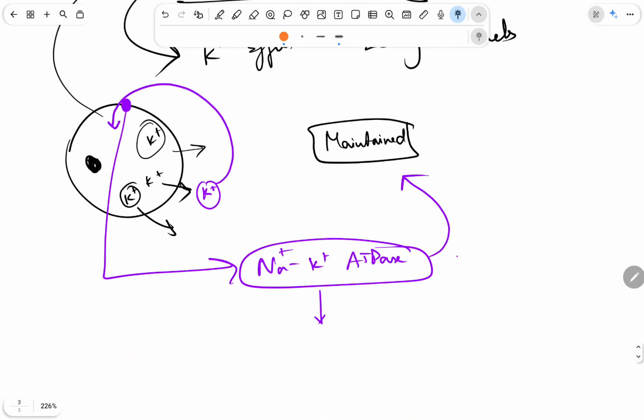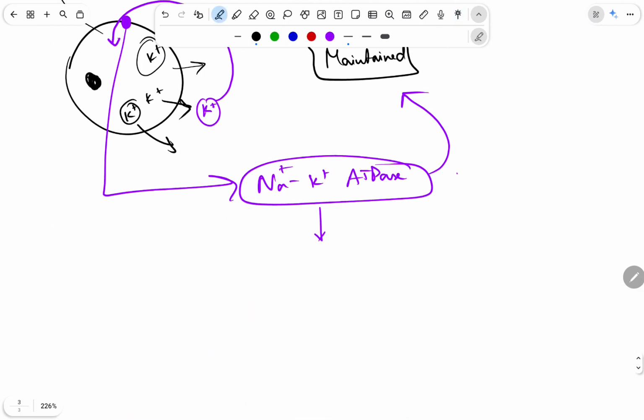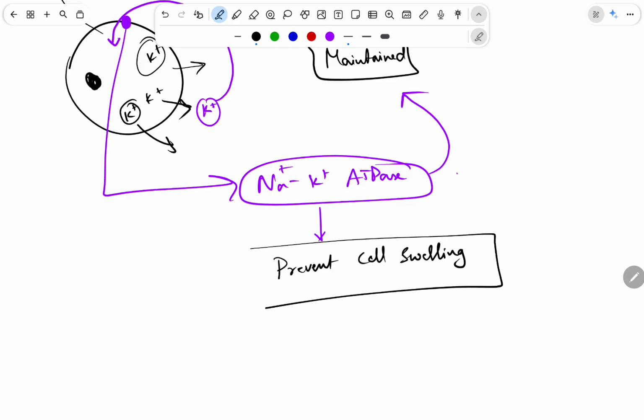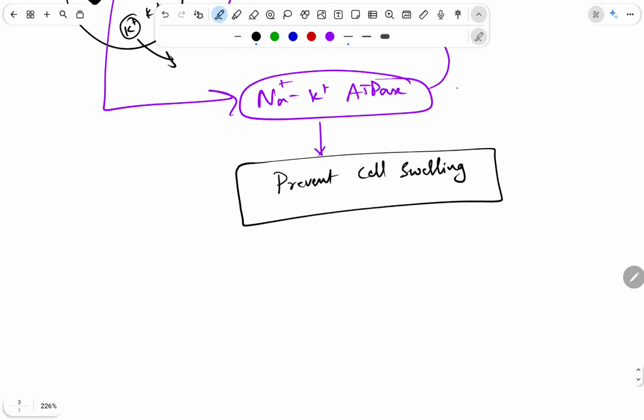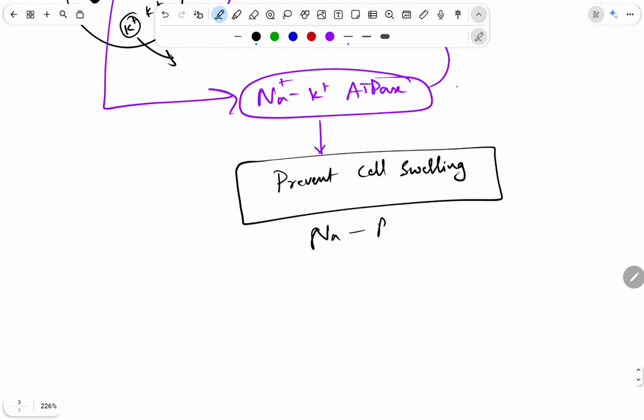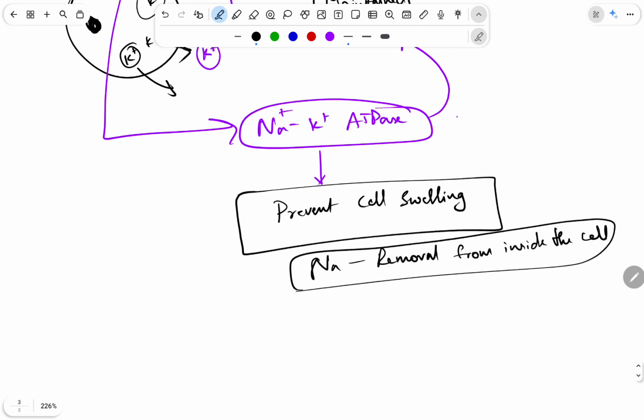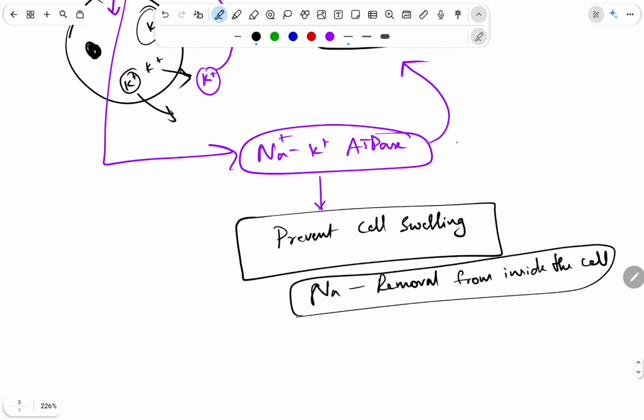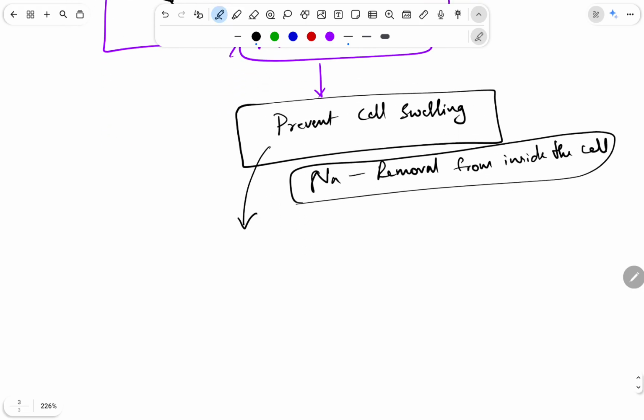What is the primary function of sodium potassium ATPase pump from this point of view? It is to prevent cell swelling. Got it? By removing sodium from inside the cell. So this is how there is establishment of RMP and maintenance of RMP, and there is maintaining the cell volume. Okay, it prevents cell swelling and maintains